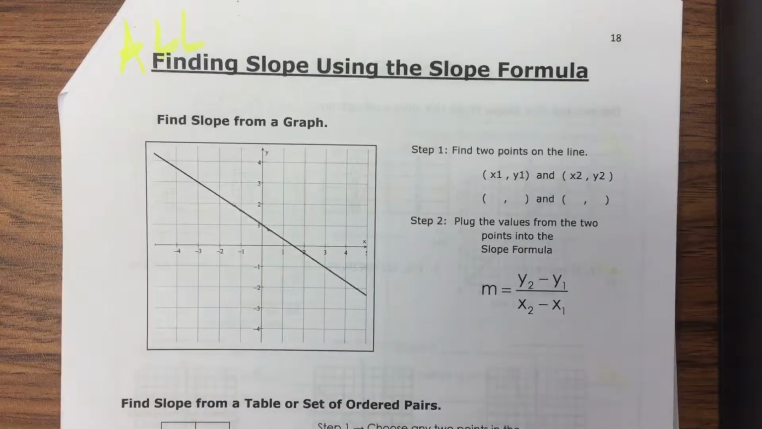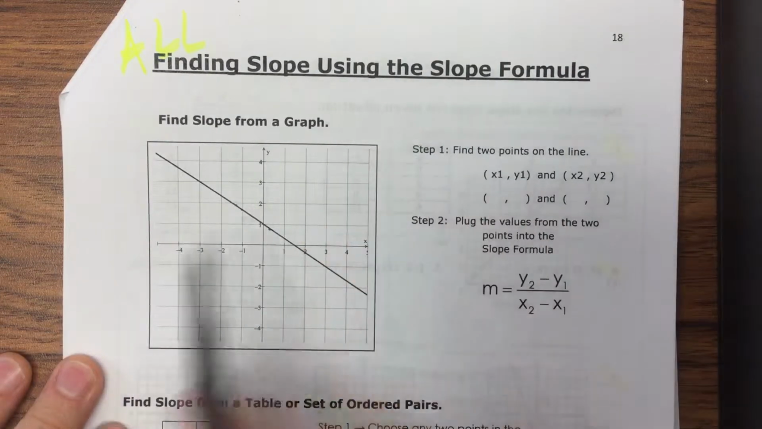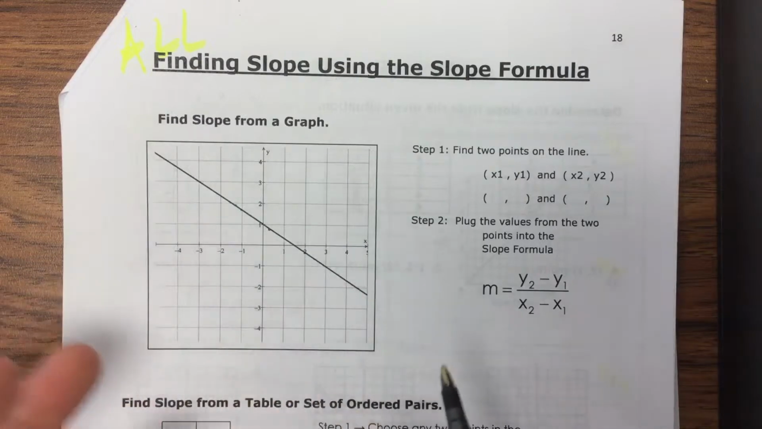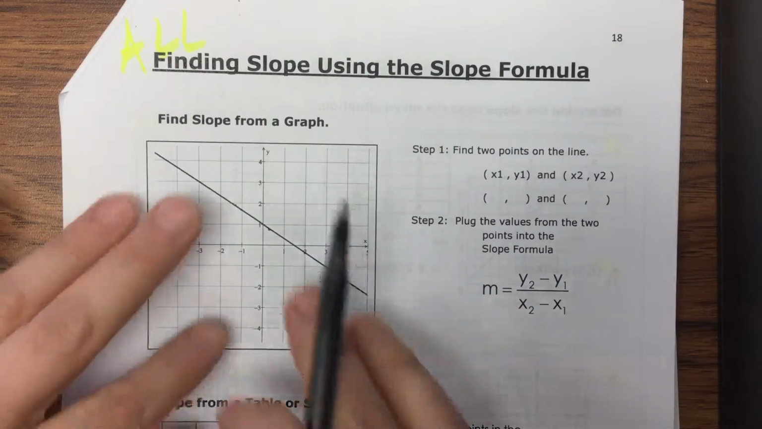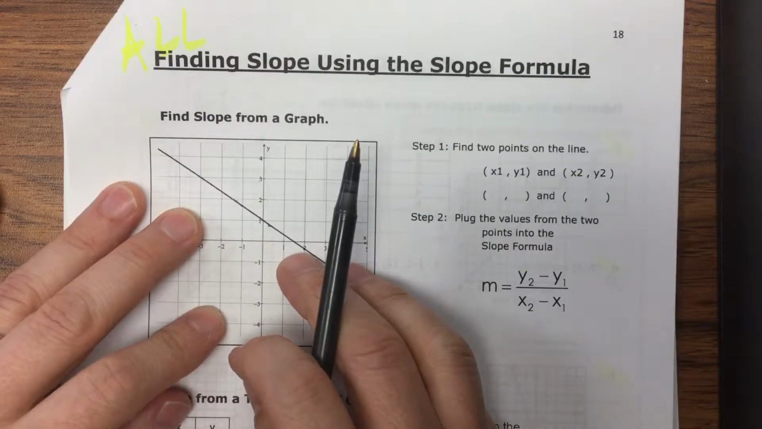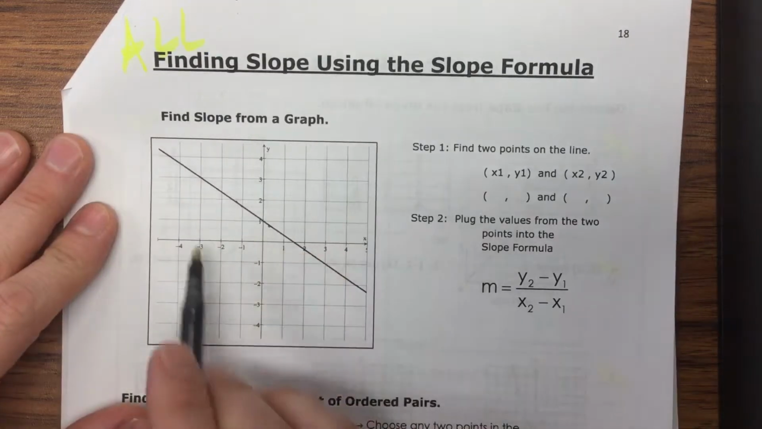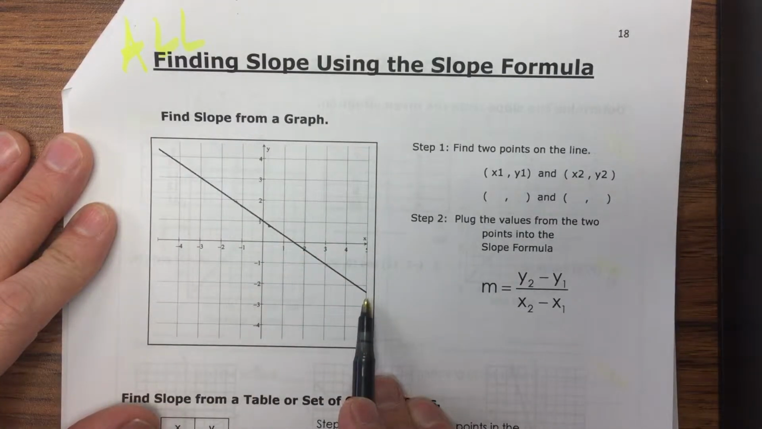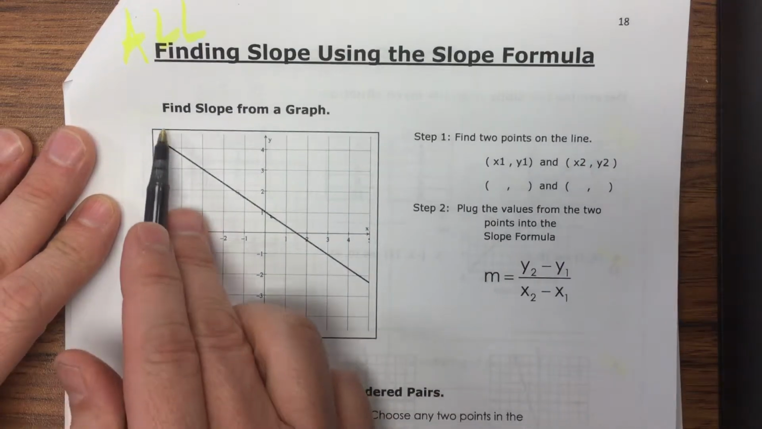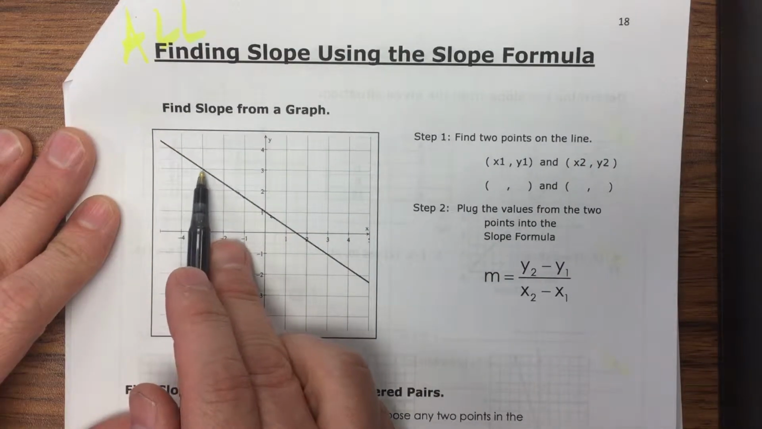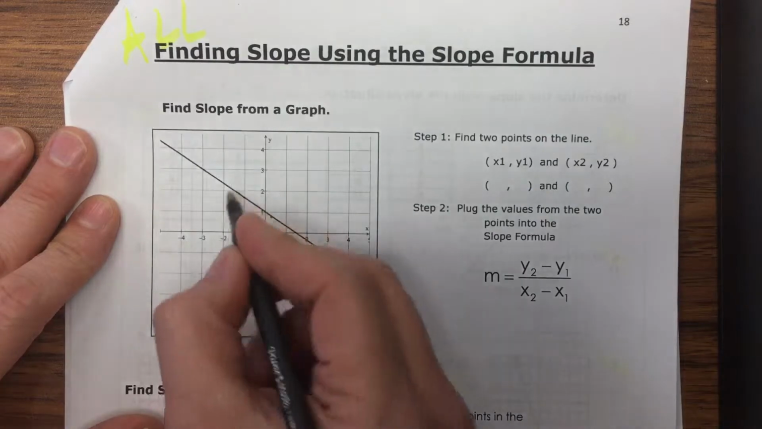Okay, page 18, finding slope using the slope formula. And actually, I'm going to show you two ways to find the slope. If you have the graph, the easiest way to find the slope of a line is to find two friendly points. And when I say friendly, I mean it crosses the grid lines perfectly, like that looks pretty